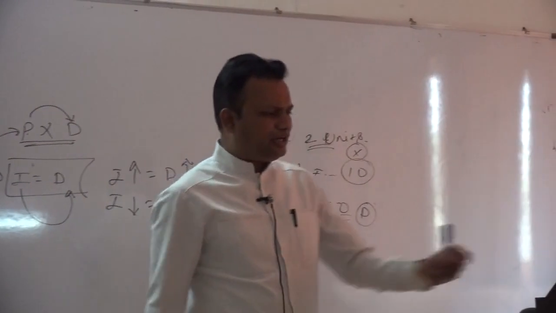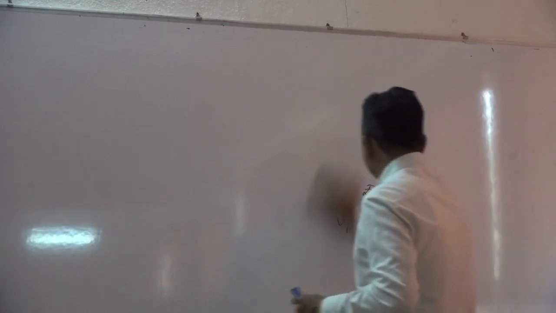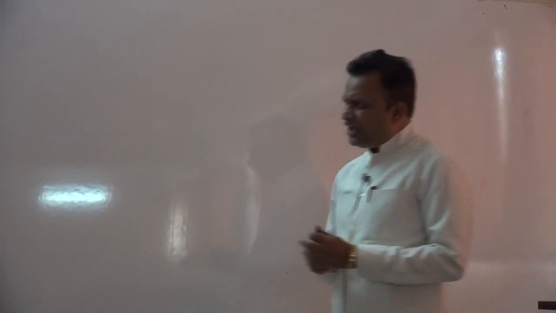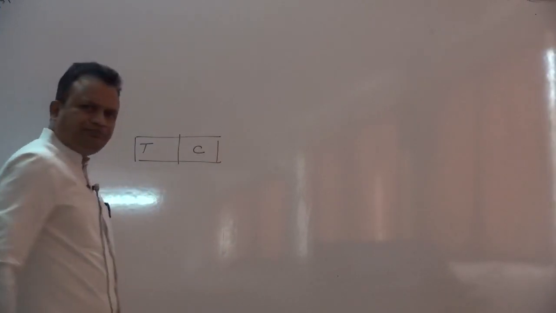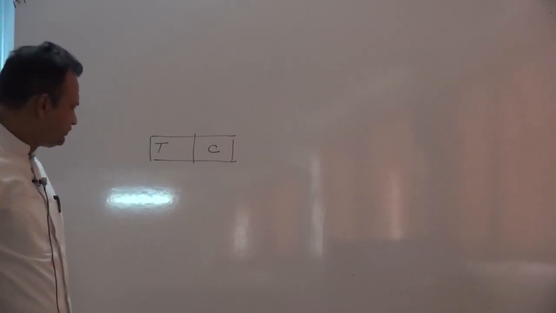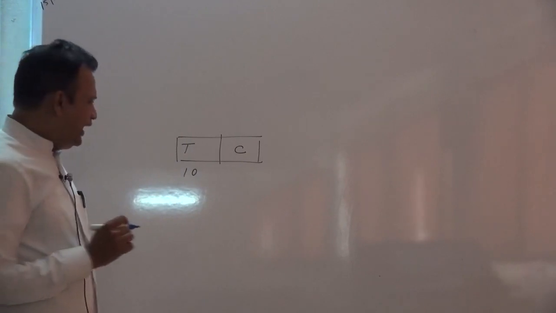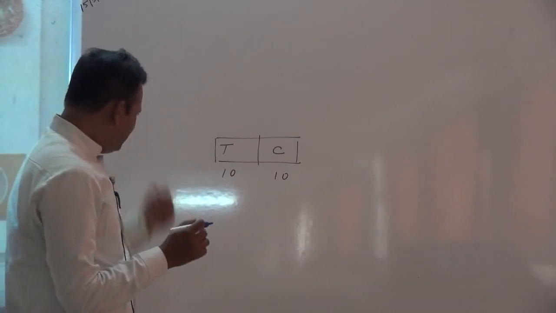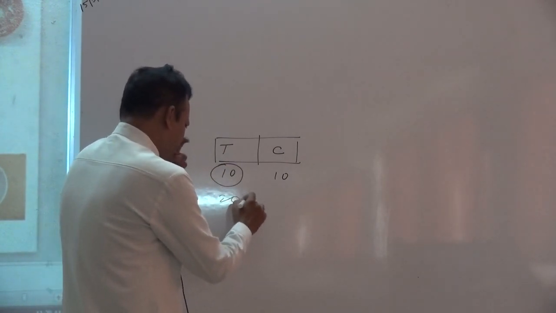How does it affect the related commodity's demand? We can take a better example of how changes in the price of a substitute affect demand for the commodity. Suppose tea and coffee, these are the two products which are substitutes to each other. Suppose the price of tea is 10 rupee per cup and the price of coffee is also 10 rupee per cup. If the price of tea rises from 10 rupee to 20 rupee per cup,